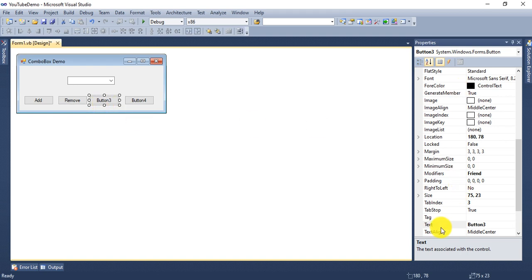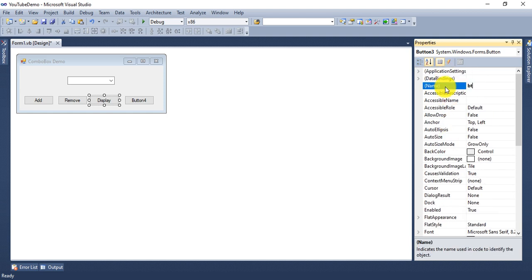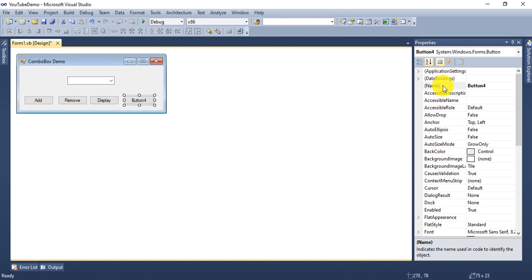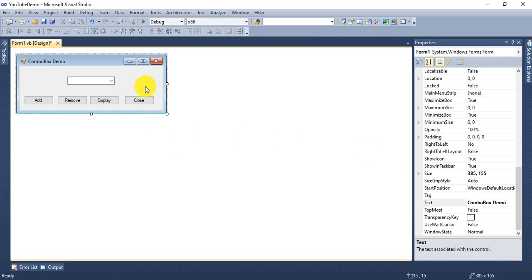Next, for display, the name is btnDisplay. Last, for closing the form, btnClose, and in text, close. Okay, sure.